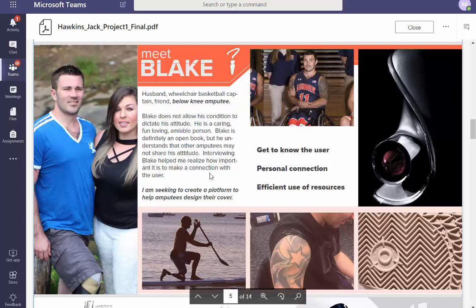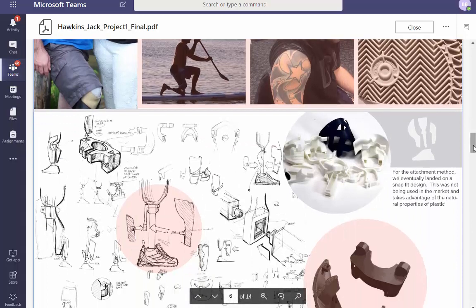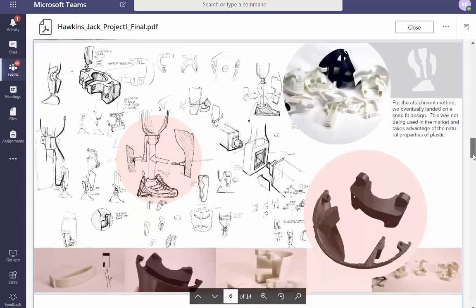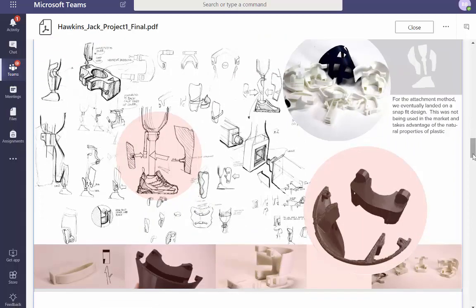I like to hear about Blake, but let's just talk about Blake here. I kick that out because if you're a designer, you're not getting to know the user, you're being a bad designer. So that's kind of already implied. Personal connection is wrapped up in getting to know the user, probably. An efficient use of resources. I'm assuming using the machines in the building, so really not that particular. What are your goals? What's your price point?